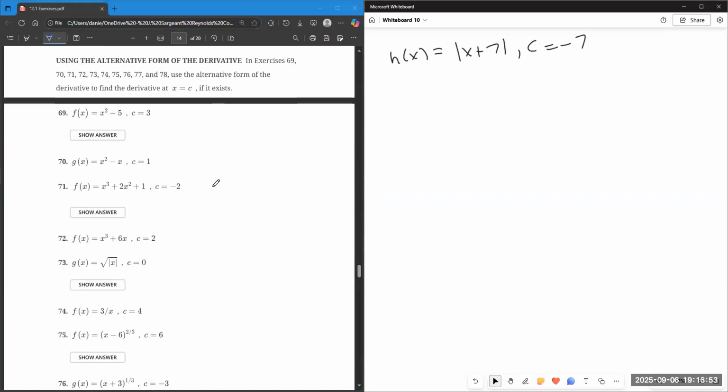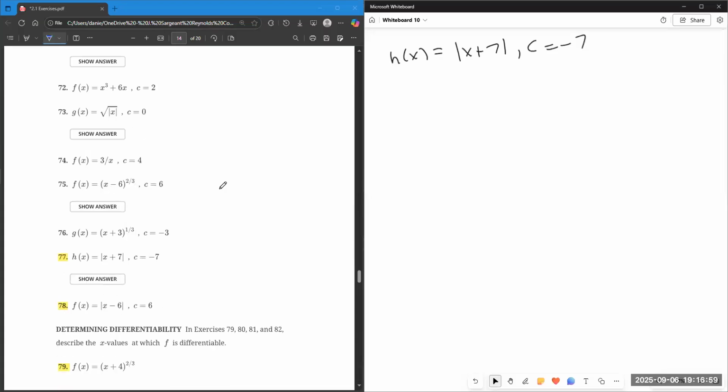Use the alternate form of the derivative to find the derivative at x equals c, if it exists. It's not going to exist. We'll try to find it, but this is going to be h prime of -7, the limit as x goes to -7 of